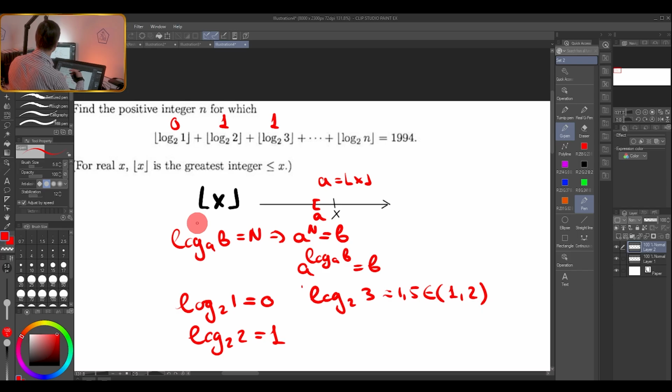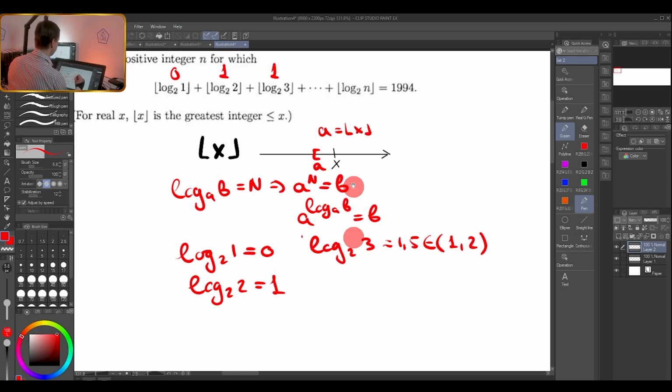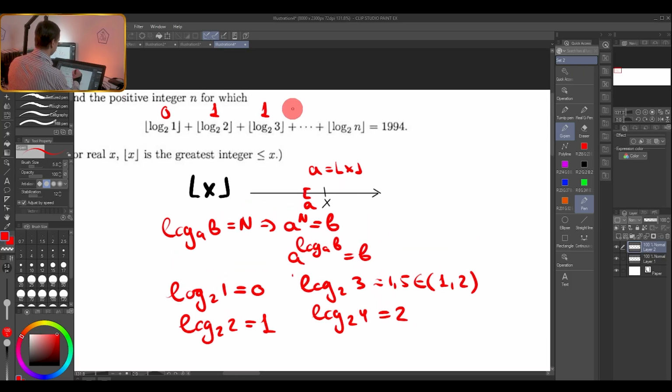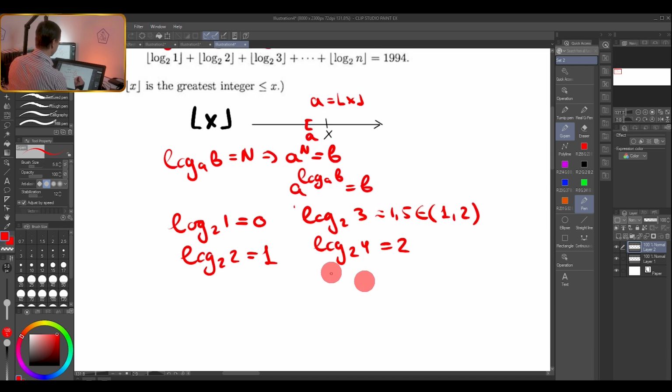And let's continue a little bit to understand the structure of this sum. The next one will be log base 2 of 4, and it's obviously 2, because 2 to the power of 2 is 4. And the next one will be 2. Let's continue a little bit. Log base 2 of 5, and we will already need this floor here. So 2 to some power is 5. So this is the power to which 2 should be raised to get 5. Well, it's obviously more than 2, but